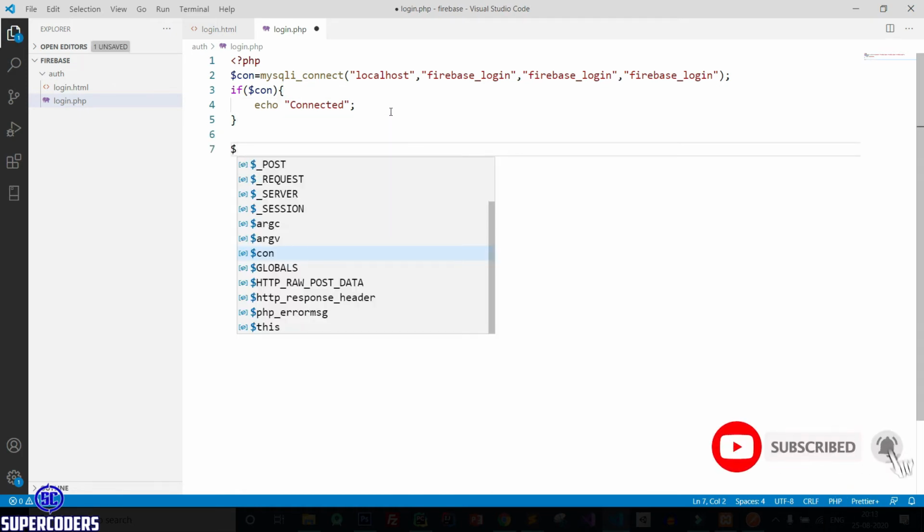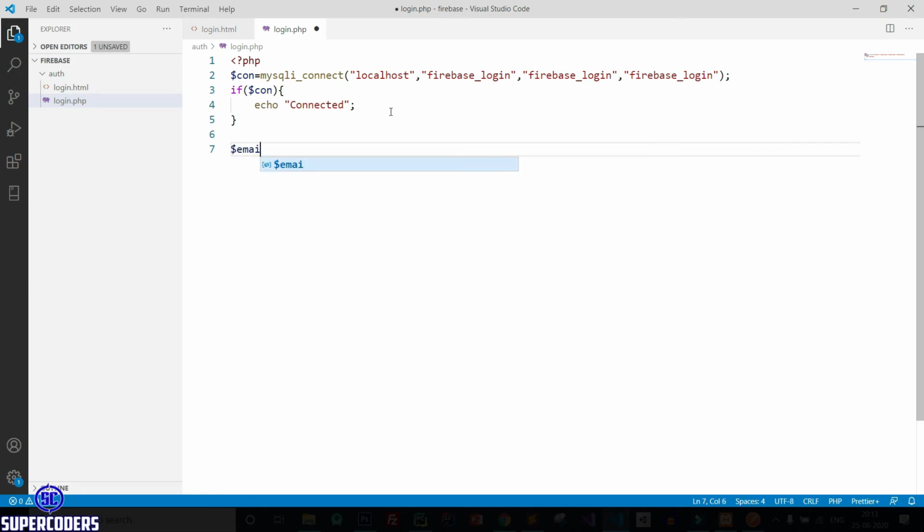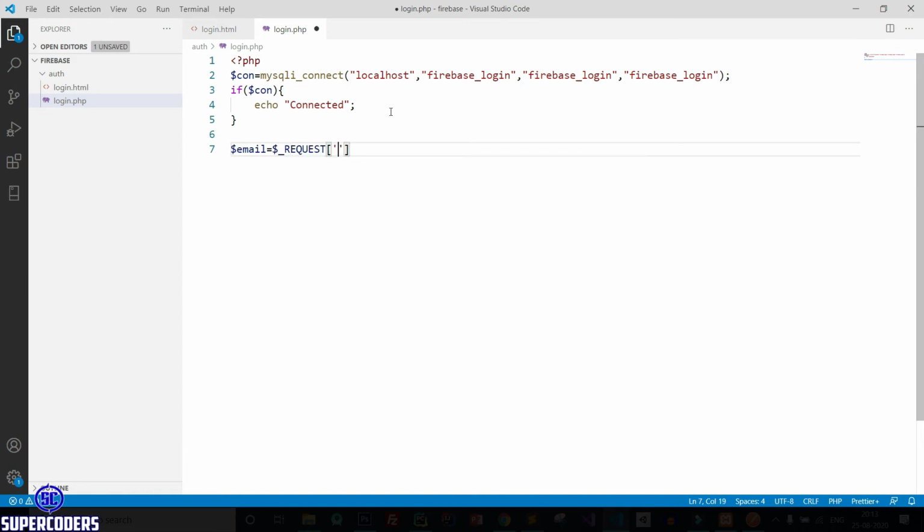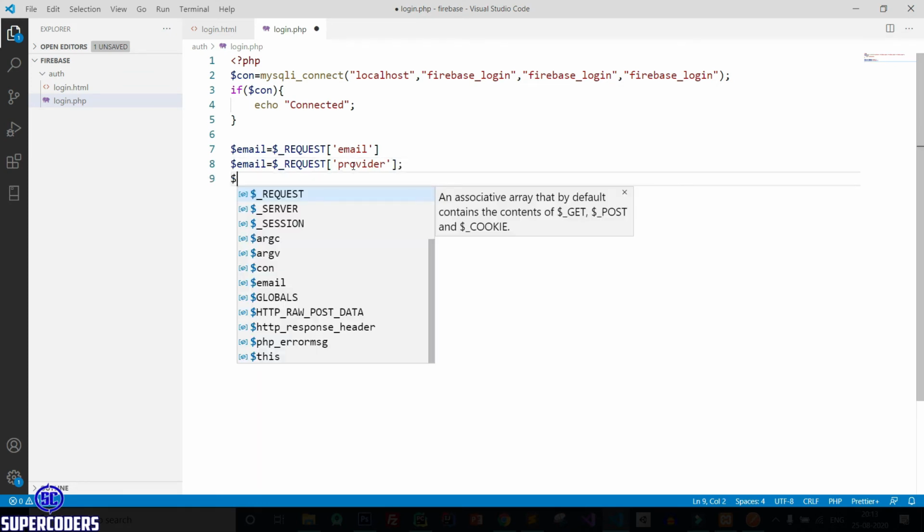So here first adding $email equal to $_REQUEST email. Then here, password is not required. Provider. After that, username.